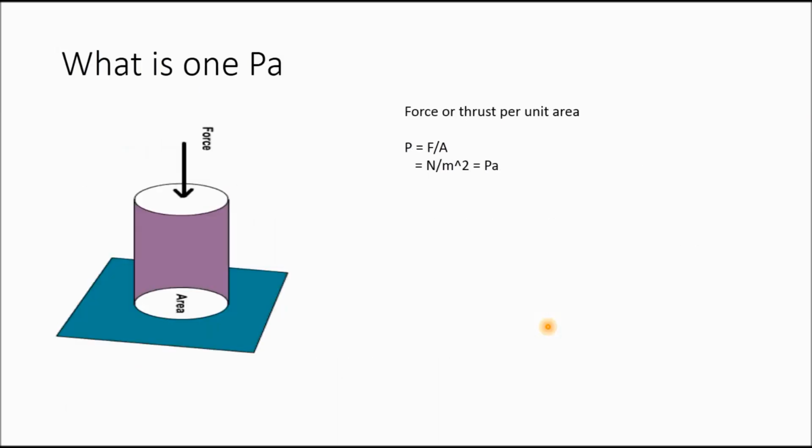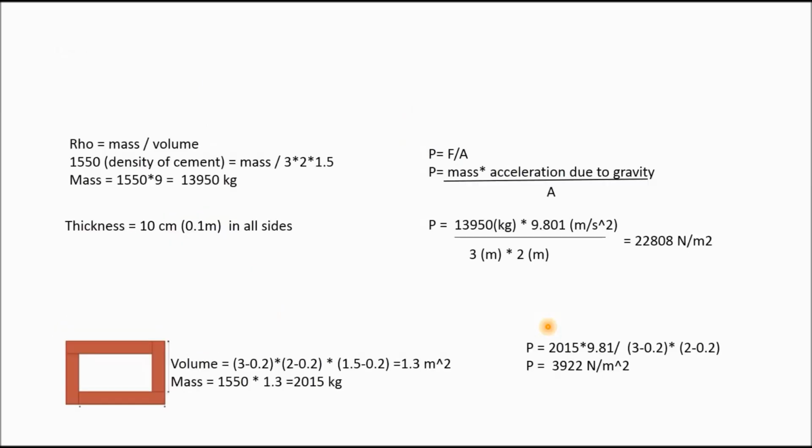Okay. After this, I think we will go back to the earlier calculation. We calculated all of this. So the hollow tank with the 2015 kg is what is called the empty tank. And what is the pressure coming on the surface that we want to measure? So the equation is P is equal to F by A. F is equal to mass into acceleration due to gravity, divided by area. So the mass is 13,950 if the tank is